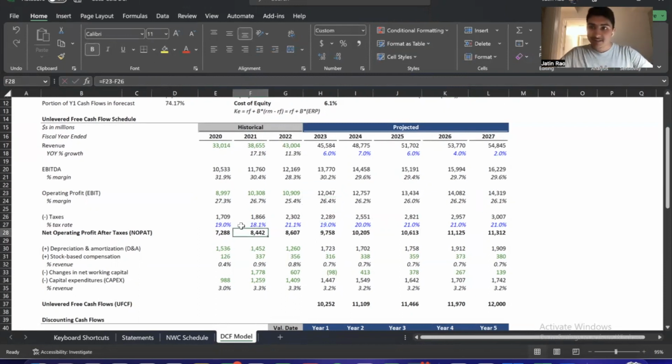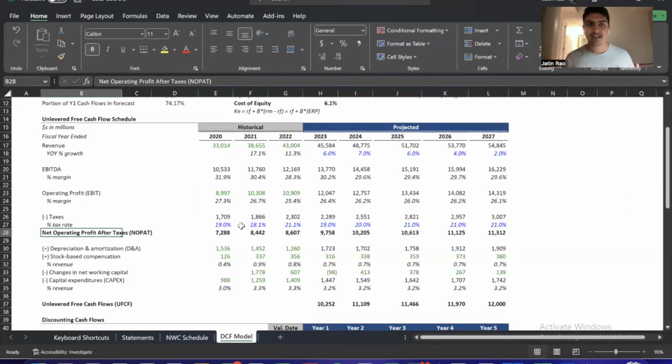And once we deduct taxes from EBIT, you arrive at NOPAT, or net operating profit after taxes. If you deduct taxes from EBT, or pre-tax income, that gets you to net income, right? But that goes down the path to calculate levered free cash flows. And we are on the path to calculate unlevered free cash flows, because we want to calculate the cash flows